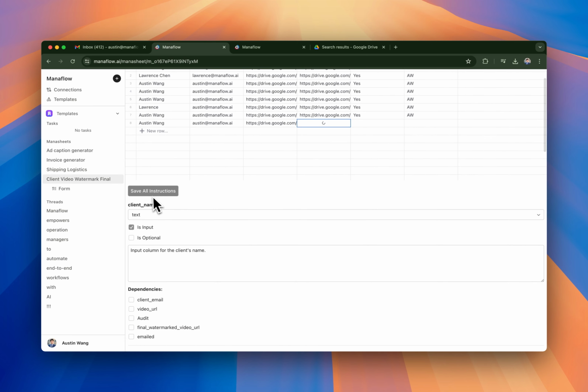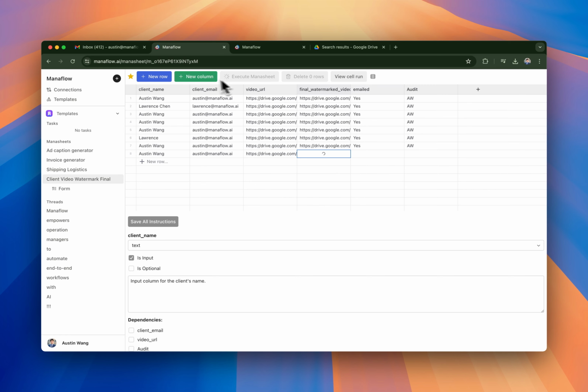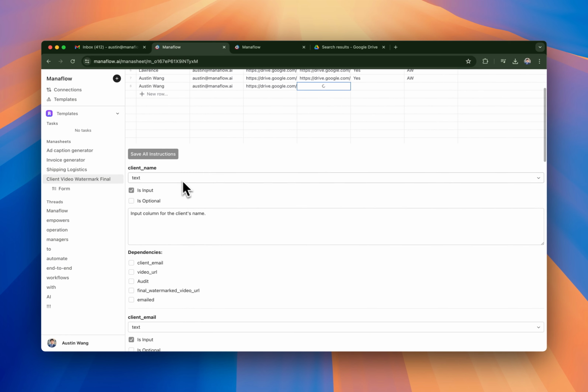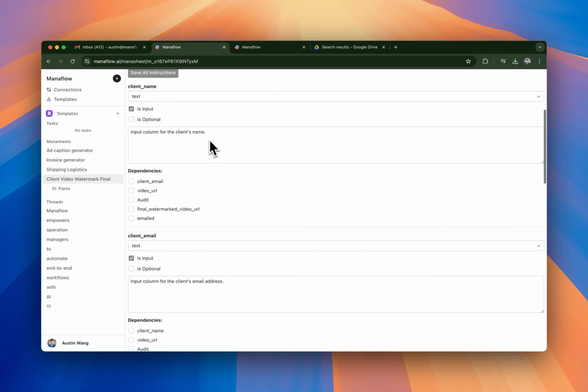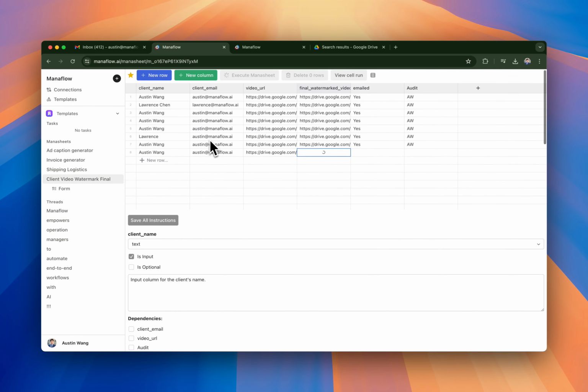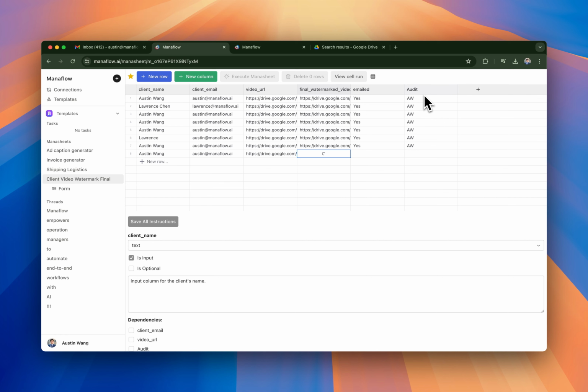And yeah, there's ability for you to save instructions. So if you decide to add a new column or new row or anything, and you want to change the dependencies, or whether it's input or optional or an output, you can do that. And yeah, so this is essentially how this works, and you can basically send the form out to anyone and they can fill out this form. They don't have to see this sheet at all, so it's good for outsourcing if you have any sort of input things. Yeah, so as you can see here, the final watermark video column has been updated with this link,